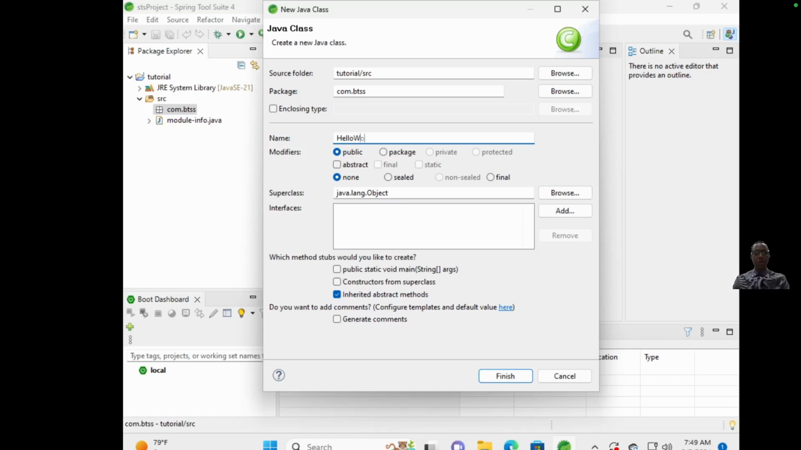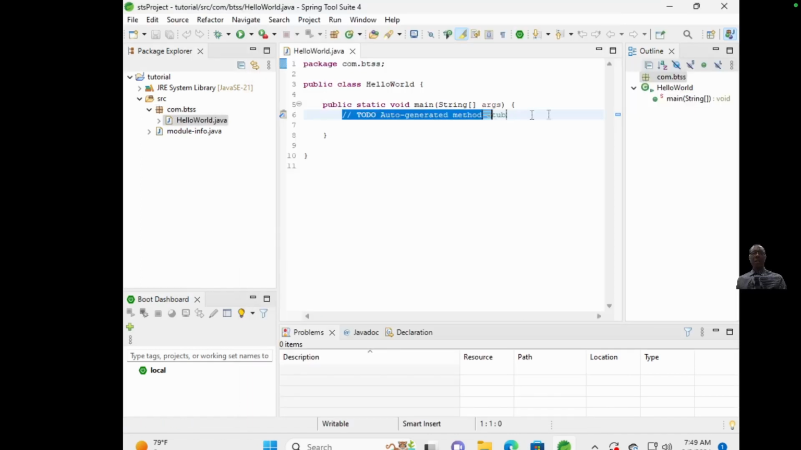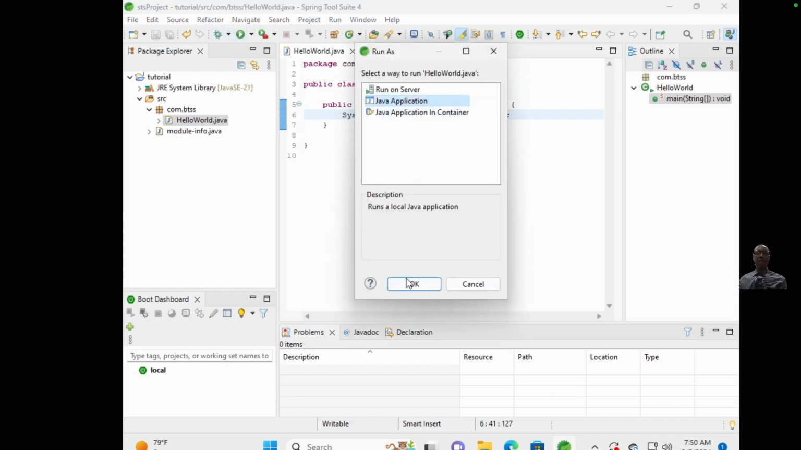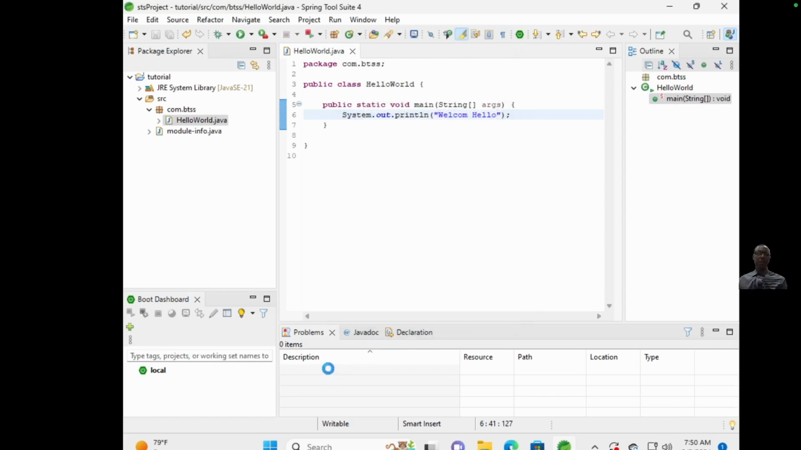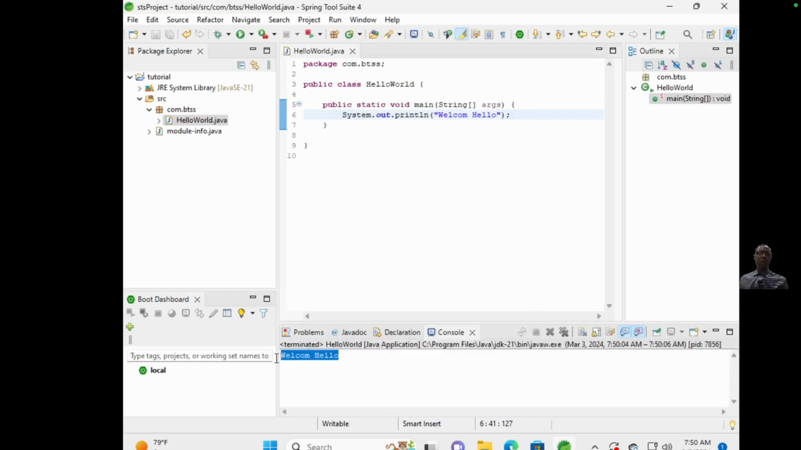world. Then we just say include static void main, which is the entrance of the program. Then we just say, let's just print system. So we can just quote welcome, hello. We save it and run as a Java application. We say welcome, hello. Okay, we did not even put our E. We can rerun it and say welcome, hello. So anything you change here